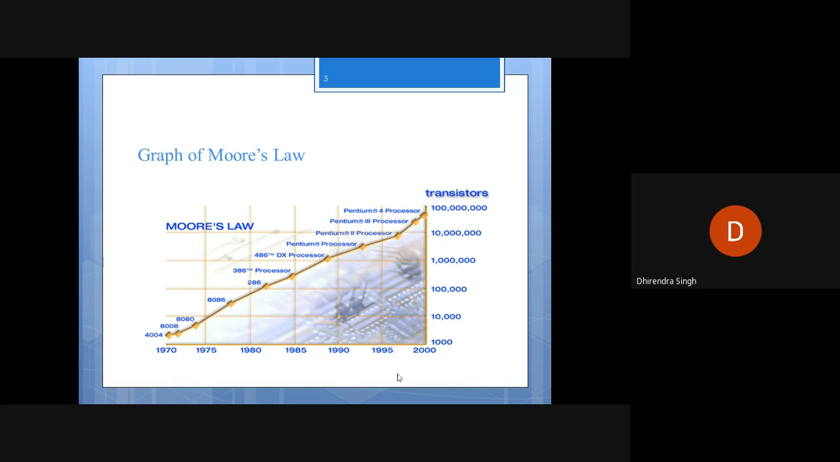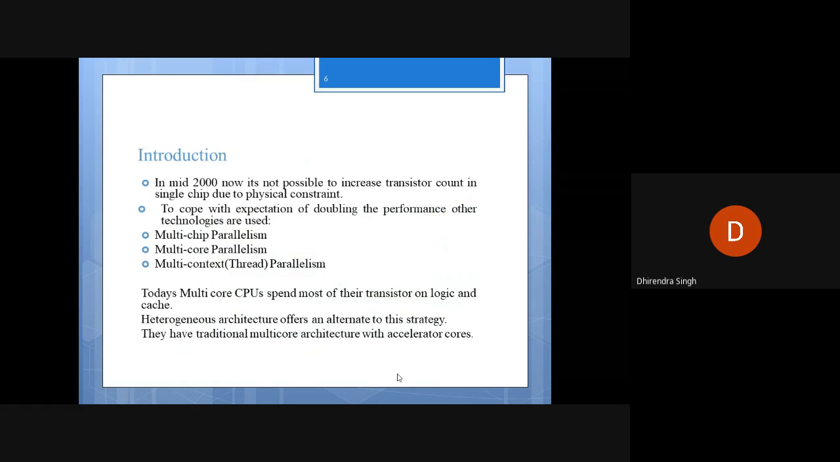Due to some physical constraint, now it's not possible to put more transistors inside a single chip. Okay, it's not possible to improve. There was a problem, a physical constraint problem called power density. I'm not going into detail of that, but due to some physical constraint, now it's not possible. So we have started searching for